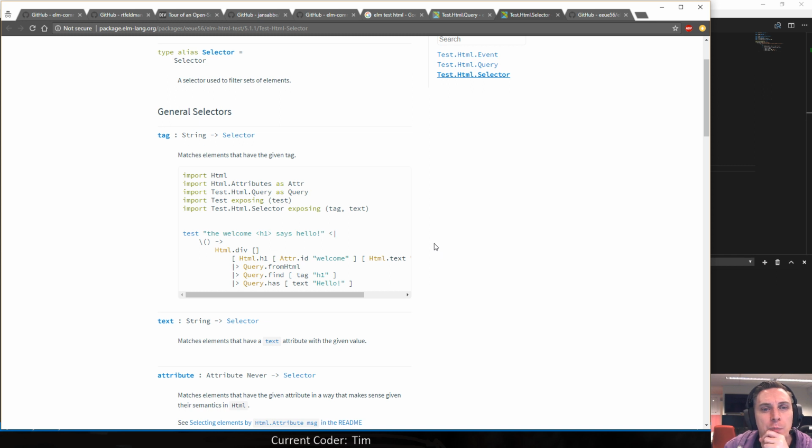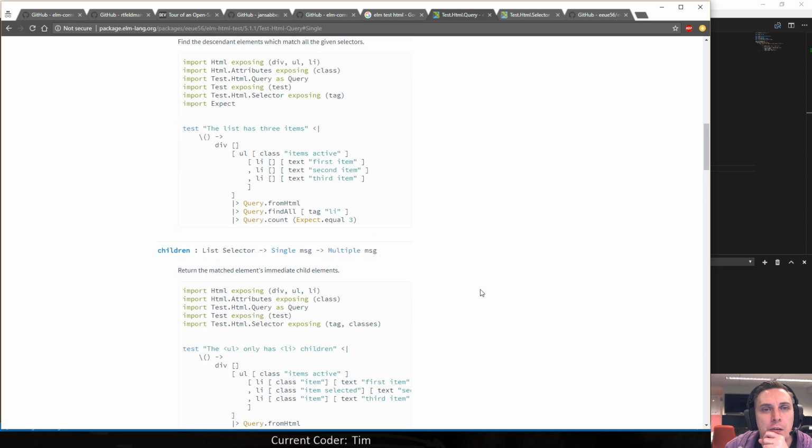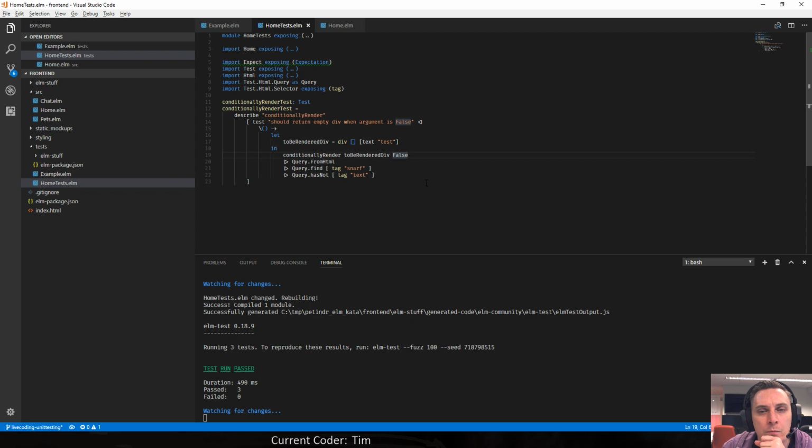And according to the documentation, it matches elements that have the given tag. But then I use that in a find. All the given selectors, if no descendants match, or if more than one matches, the test will fail. So this should match with none, right?